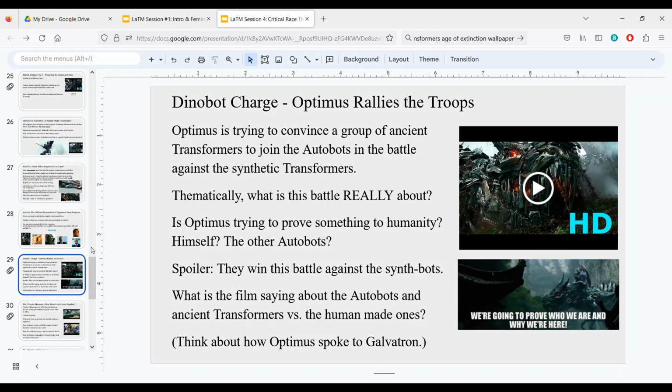Optimus is trying to convince a group of— I'm sorry, Tommy, I'll allow you to read. You want to read the slide? Sure. All right, Optimus is trying to convince a group of ancient Transformers to join the Autobots in the battle